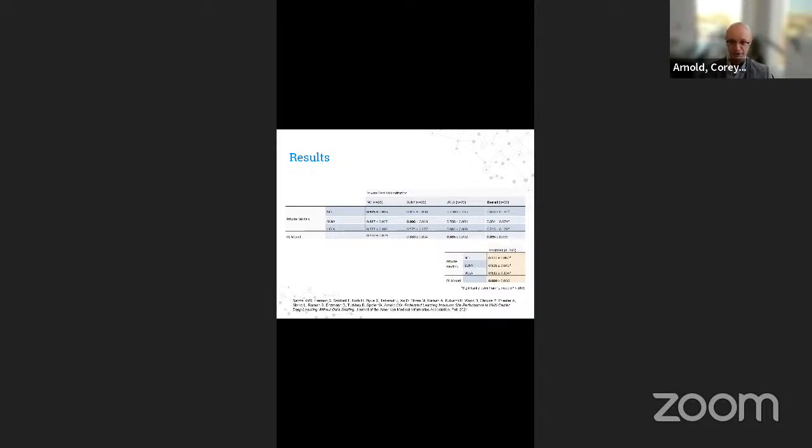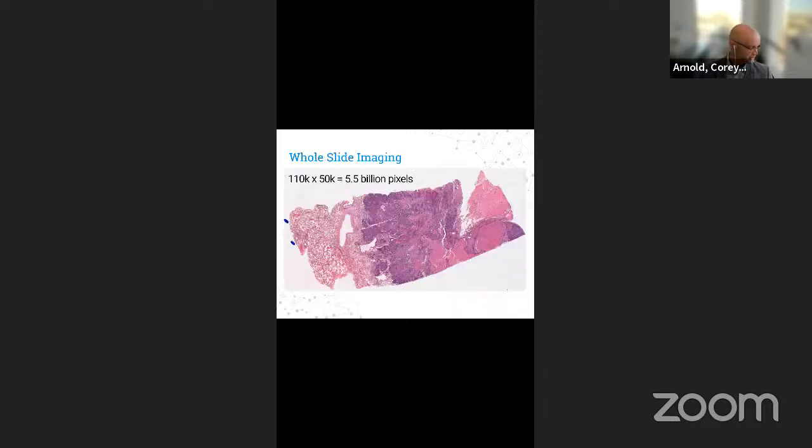No model was exposed to this data, yet the federated model does better than any of the 3 private models. And so I think federated learning will play a larger and larger role in training more generalizable models, especially in the healthcare space. So shifting gears to whole slide imaging, and Thomas already showed the scale of digital